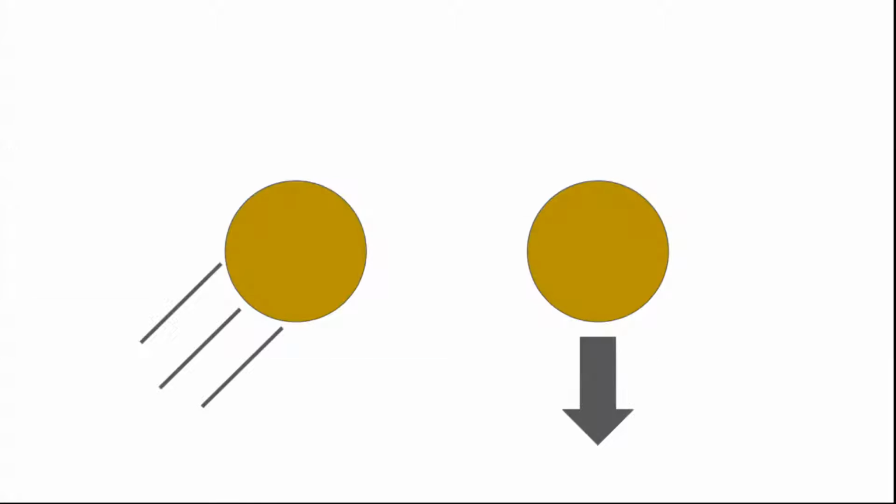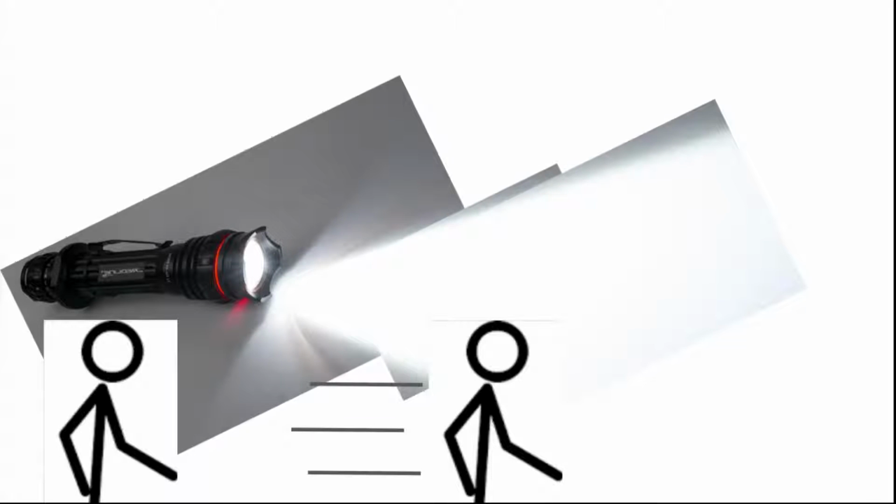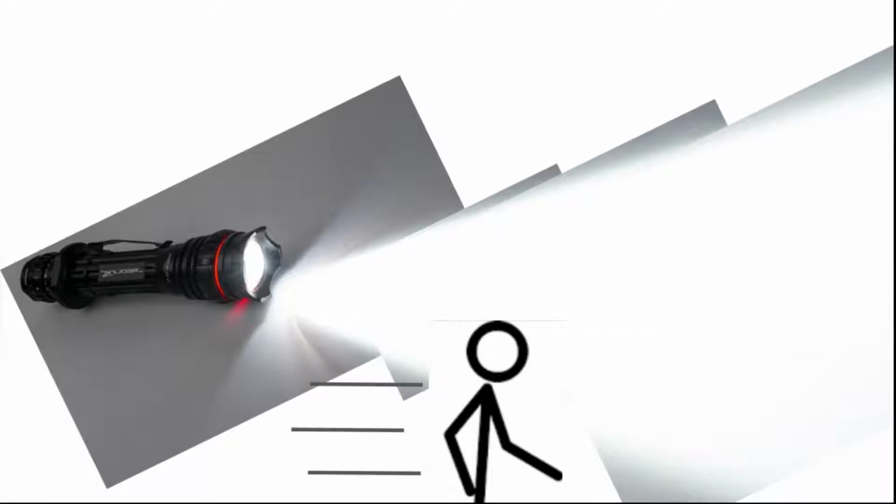There are two causes of time dilation: speed and gravity. Before I talk about these, I must mention the reason that they happen. Many experiments with light have shown that light moves at the same speed from every perspective. This means that somebody standing still and somebody going at half the speed of light would both see light moving at the same speed relative to themselves. This seems impossible because the person going at half light speed should see the light going at half speed, but this isn't the case.